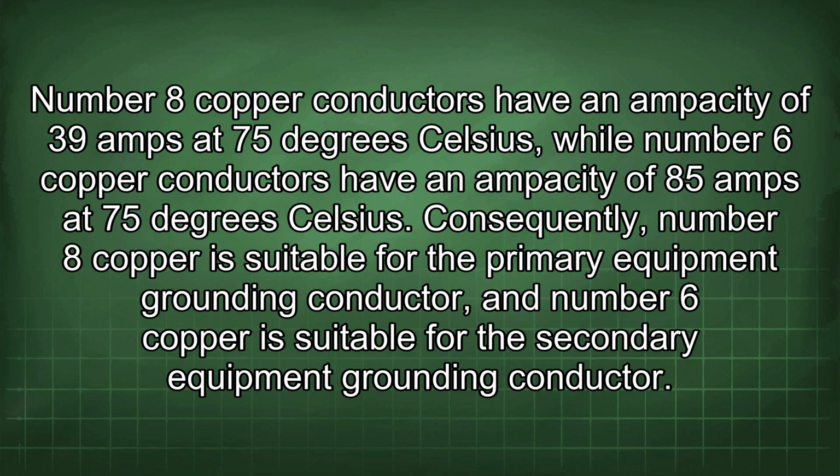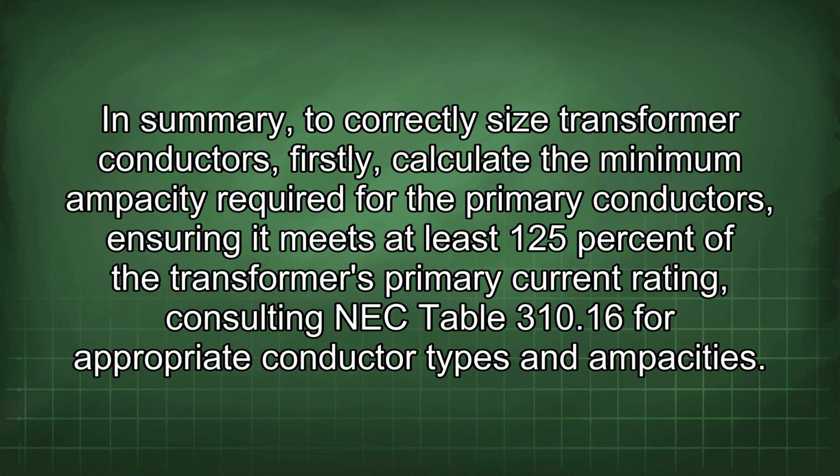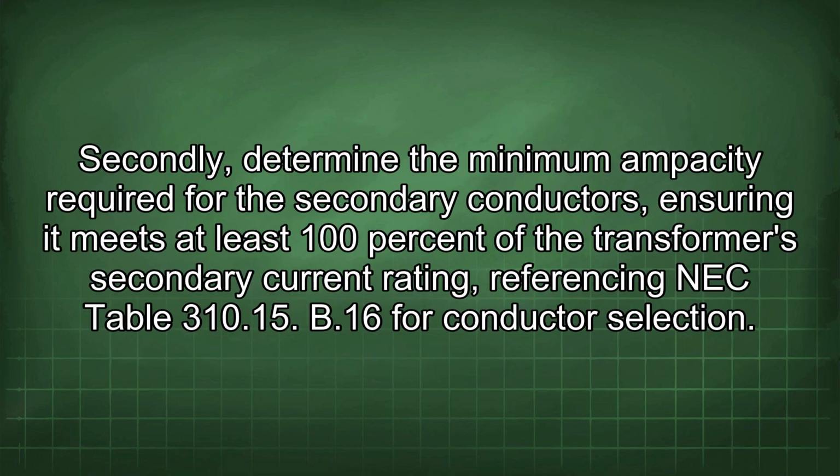secondary equipment grounding conductor. In summary, to correctly size transformer conductors, firstly calculate the minimum ampacity required for the primary conductors, ensuring it meets at least 125% of the transformer's primary current rating, consulting NEC Table 310.16 for appropriate conductor types and ampacities. Secondly, determine the minimum ampacity required for the secondary conductors, ensuring it meets at least 100% of the transformer's secondary current rating, referencing NEC Table 310.15